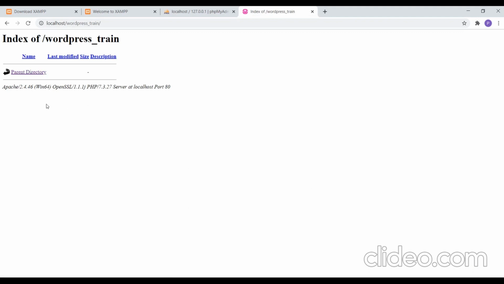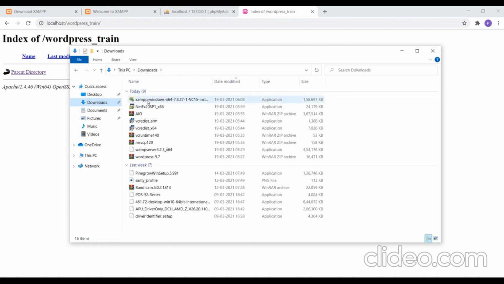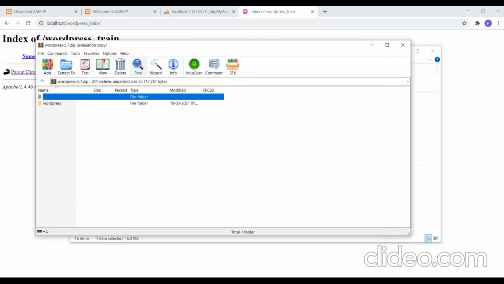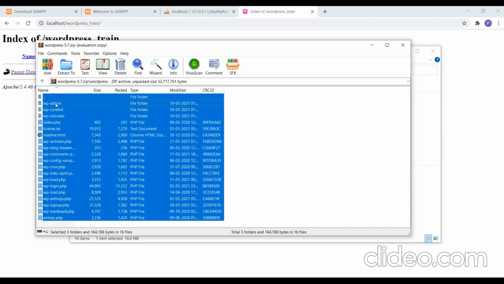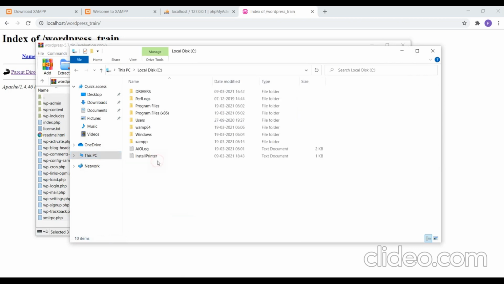Since we don't have any files in this, you will be seeing this. If you remember, we have downloaded WordPress already. So just open that WordPress folder, copy all the contents, and then paste them in the htdocs folder that you have created recently.